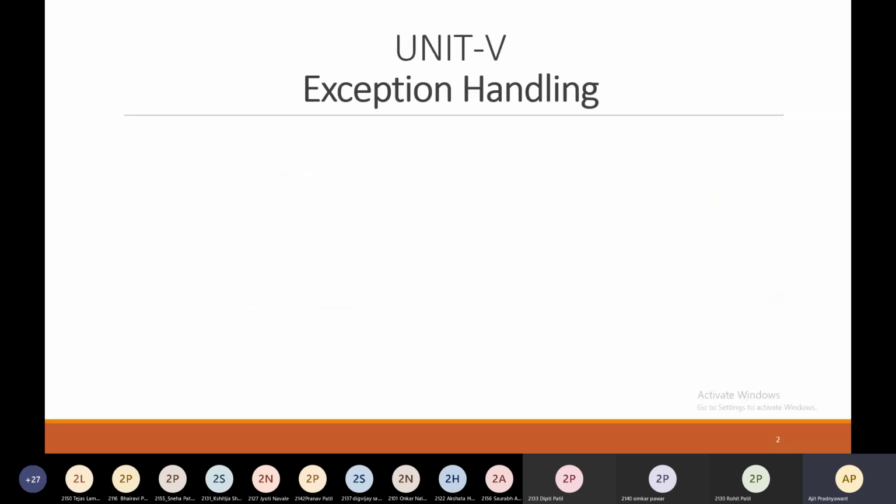Continuing in unit number 5, today we are starting with the exception handling concept. It is a part of unit number 5. So in today's session, we are going to learn about exception handling, how to throw an exception,